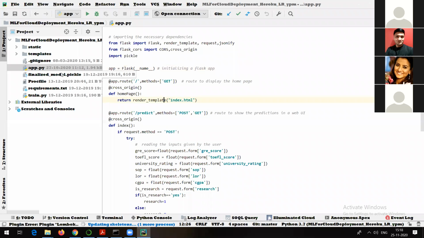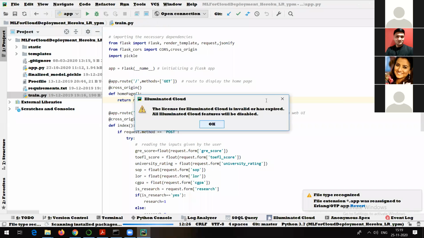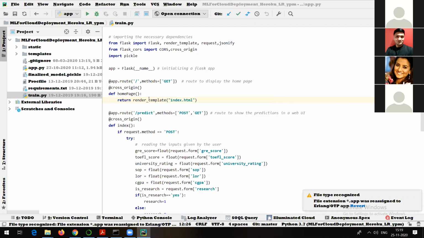And finally, final_model.pickle is the file which I have just shown, which we got from the Jupyter notebook where we trained our model. Procfile is a procedural file. The requirements.txt file and Procfile are the files which we require for deployment. And train.py is again for importing the packages. Right. What I will do is go the reverse way. First of all, I will show you a running version of this application on my local machine. So let me click here.